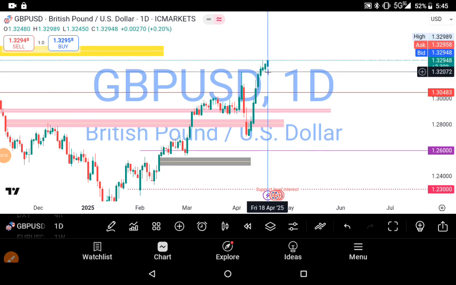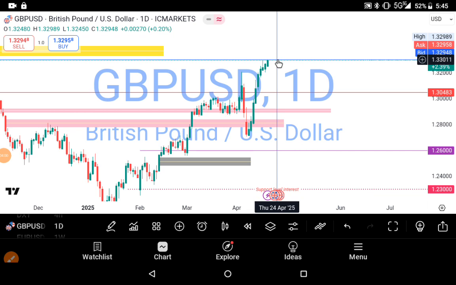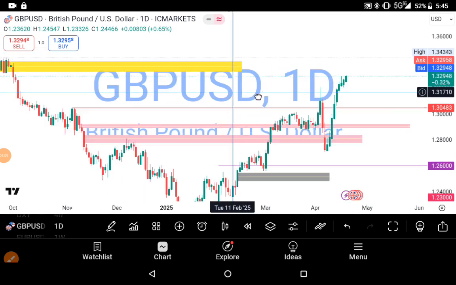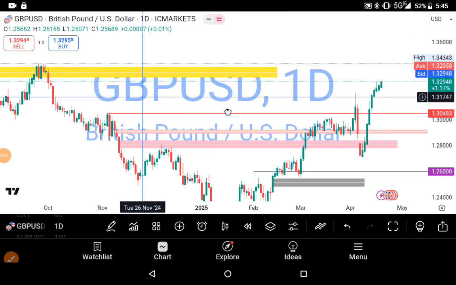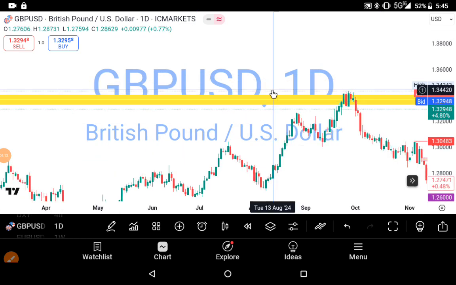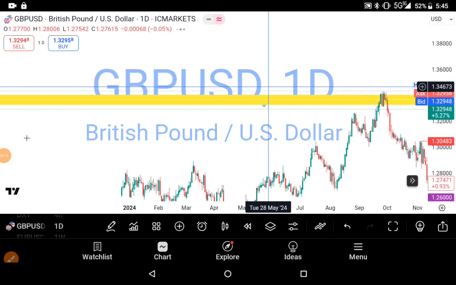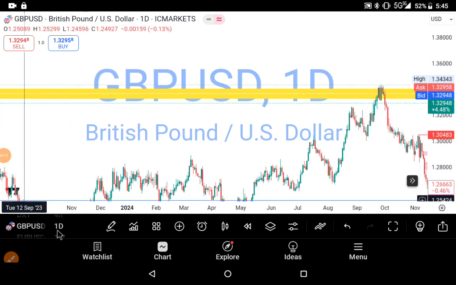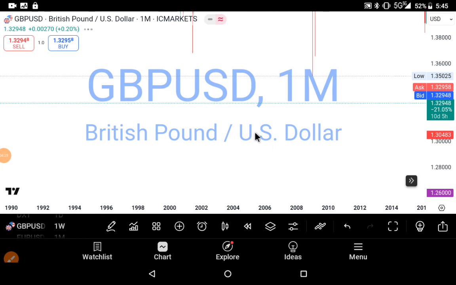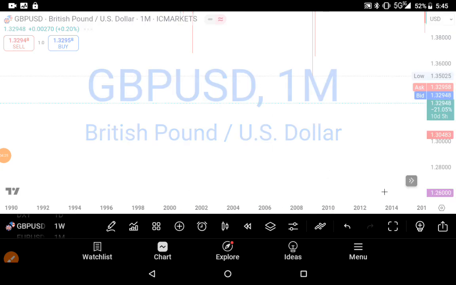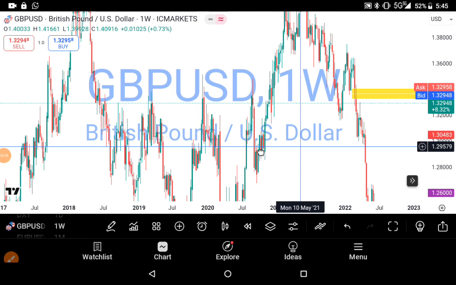The high of the last candle comes in at 1.32989. That was a little movement into 1.33 thousand. So that means the coming week, I'll be interested in the market price attacking this yellow box. I want to show you the origin of the yellow box. It was formed on the higher time frame. So I'll be expecting the market price visiting that level.